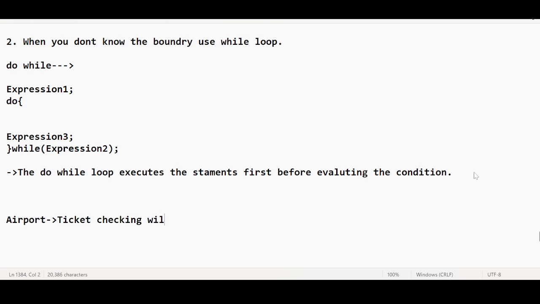Ticket checking will be done before boarding the flight, right? But in railway stations, when you want to board a train, most of the time you don't have to show your ticket to enter the railway station, right? But when you exit